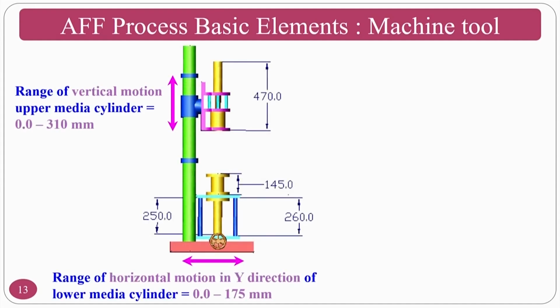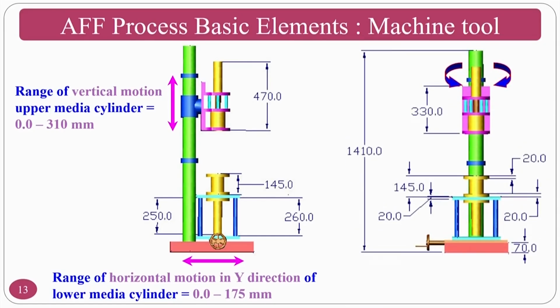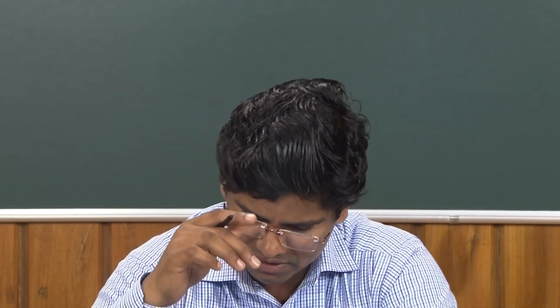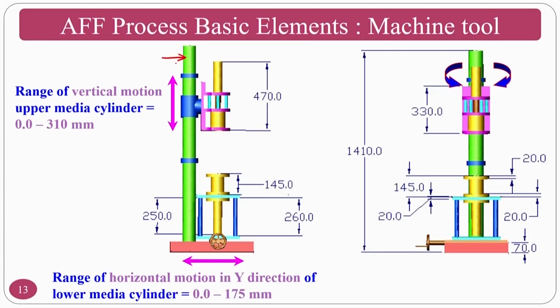Abrasive flow finishing process basic elements: the first element is the machine tool. This is a machine tool drawing. If you want to develop your own, the dimensions are also given. This is the laboratory scale development that is done, and it has various motions also, so that you can accommodate different size and shape components. So, this is the main support